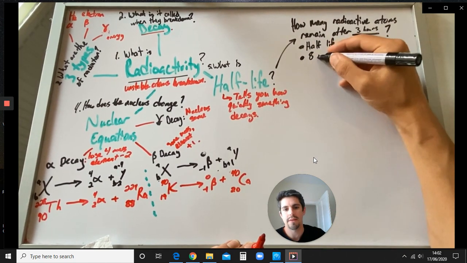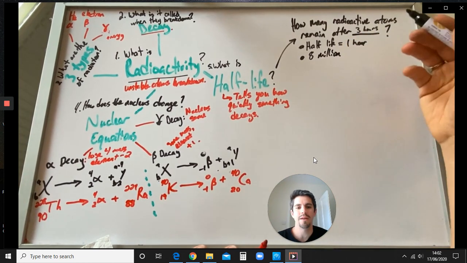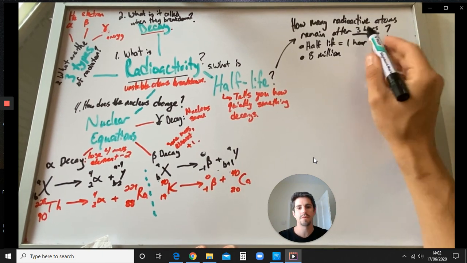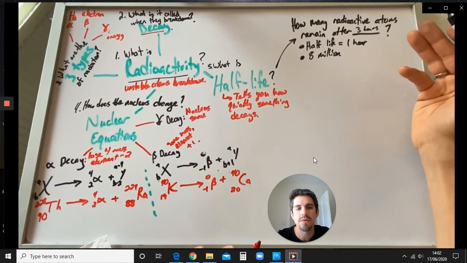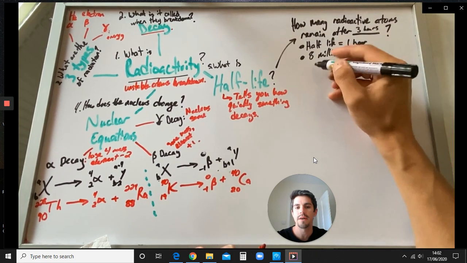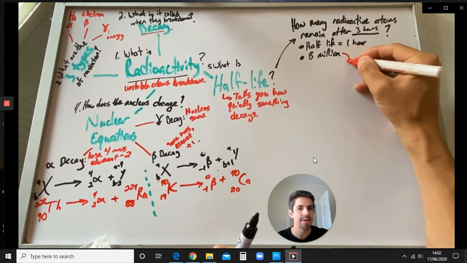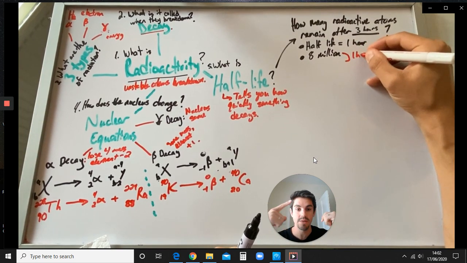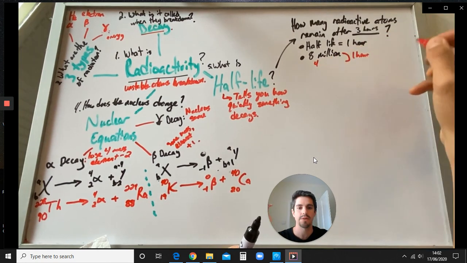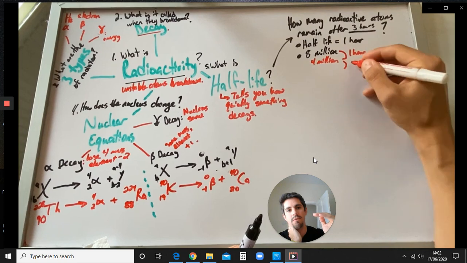If you don't know that, you can't work out how many you end up with. So if you start with 8 million, you have to think about cutting it in half, because half-life always works with halves. So think about what would be left after you cut it in half. 4 million. Now, how long did it take to cut down to 4 million? That's one half-life. What is the half-life? It's 1 hour. They told you that in the question. So that means 8 million goes down to 4 million in 1 hour.